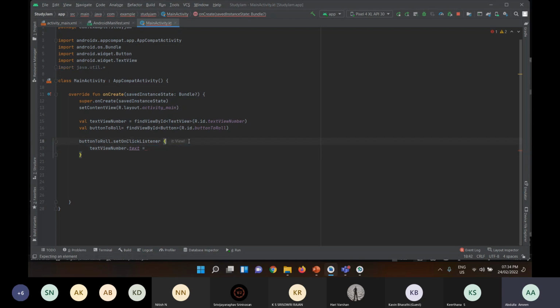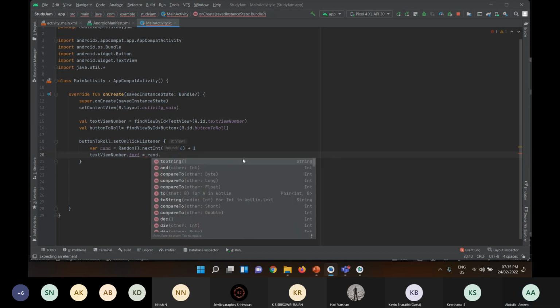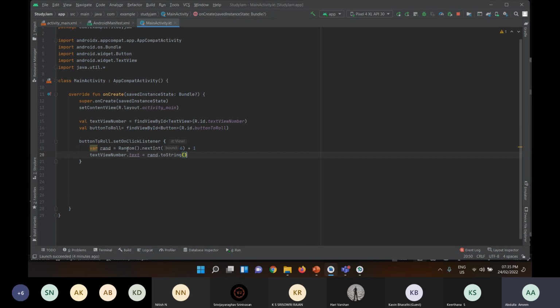And instead of putting it directly into the text view, I'll make it a variable. So random. This rand gets a value from 1 to 6. And now I can set the text view to this number. So I'm doing rand, and if I just do rand, what happens is